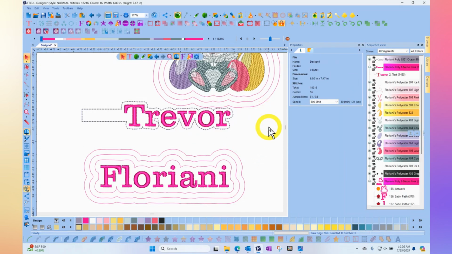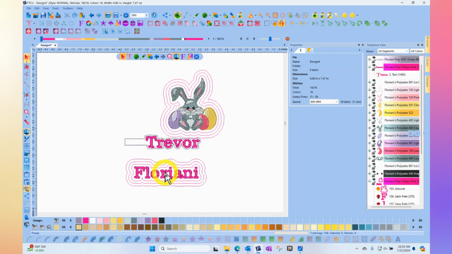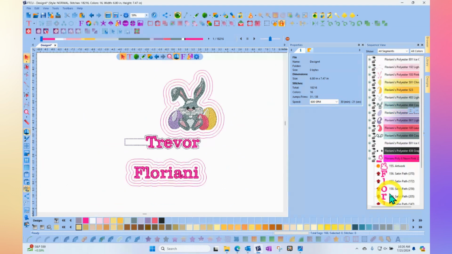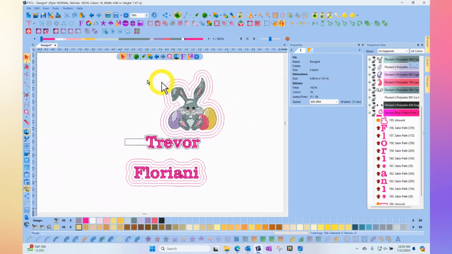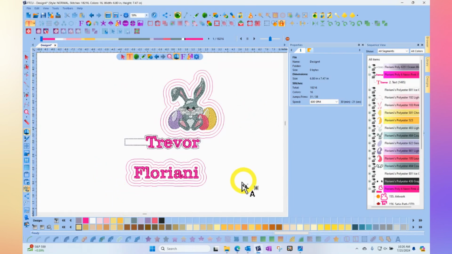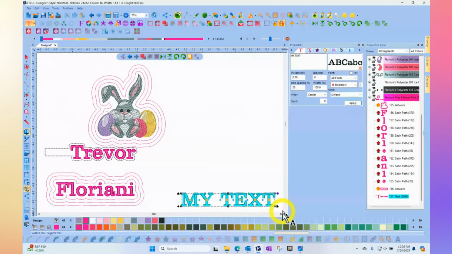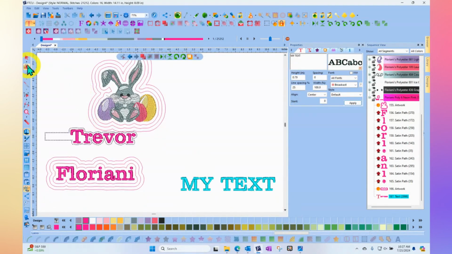The one downside of breaking apart the text is you lose your ability to select it and change the word. What if you're doing a series of these, one for Trevor, and then one for someone else? Well, you'd have to start over because you broke apart the text. So the other way, if you have a text segment and you want to create an outline around it, but you don't want to break it apart, then what we might do is use, and I'll show you up here,